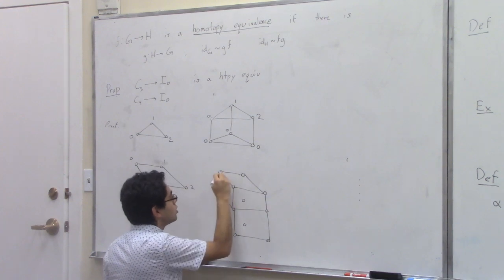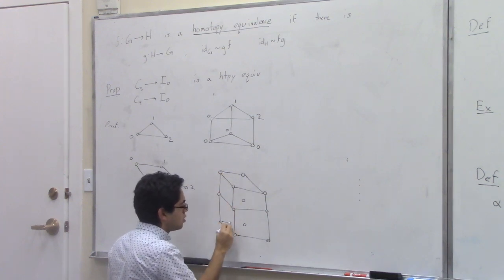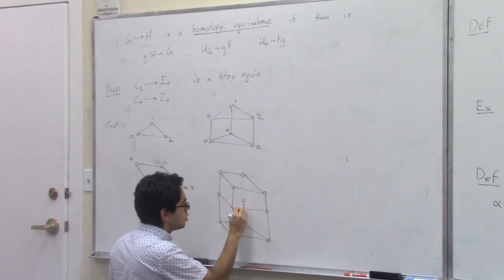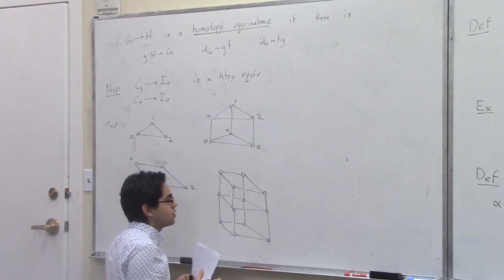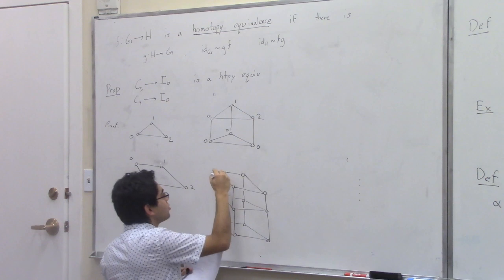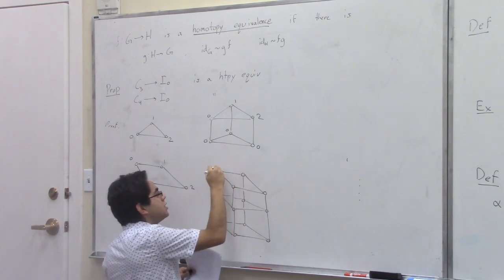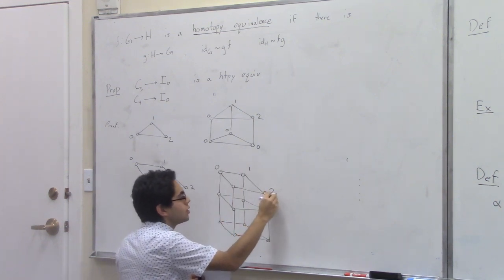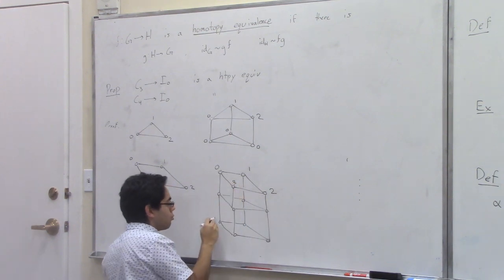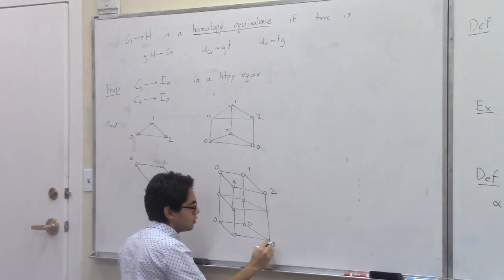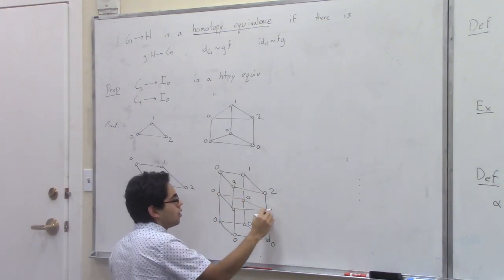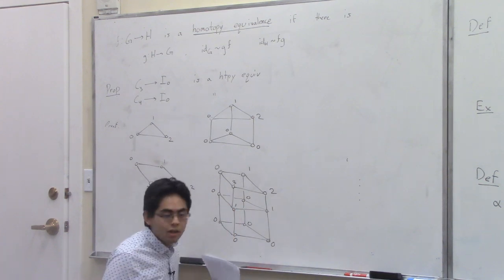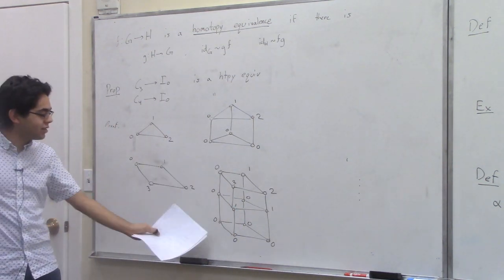Okay, so that's C4 tensor I2, a little slanted, but on the top, I need to see the identity on C4. So I should see 0, 1, 2, 3. On the bottom, I should see constant on 0. And in the middle, I can put 0, 0, 1, 1. And now this is a homotopy from the identity on C4 to